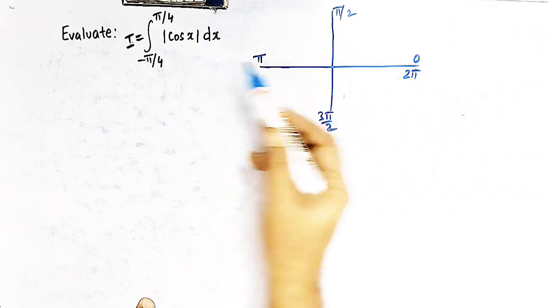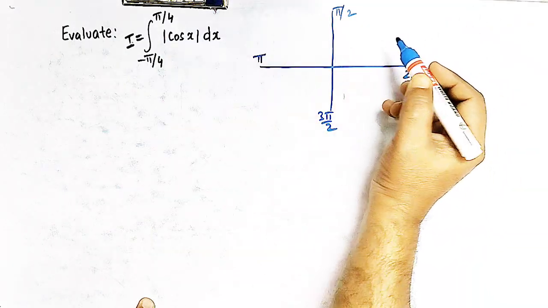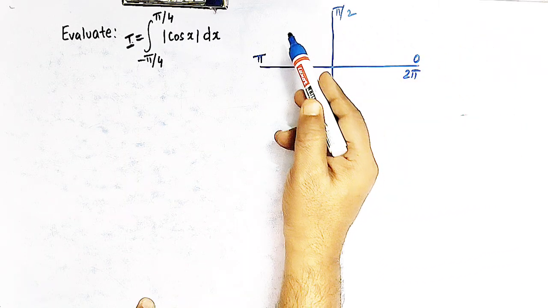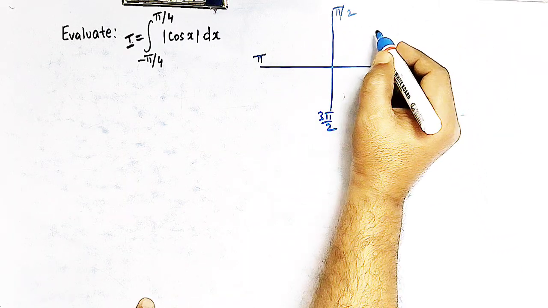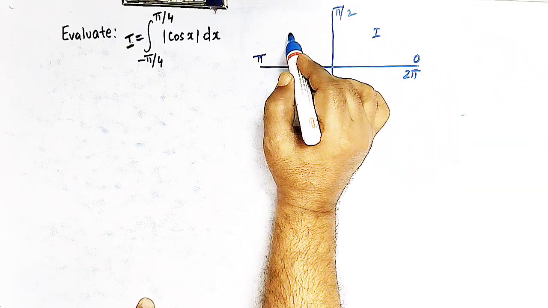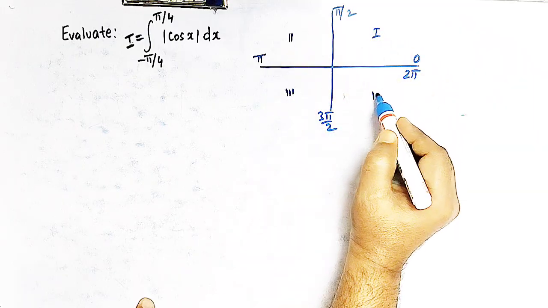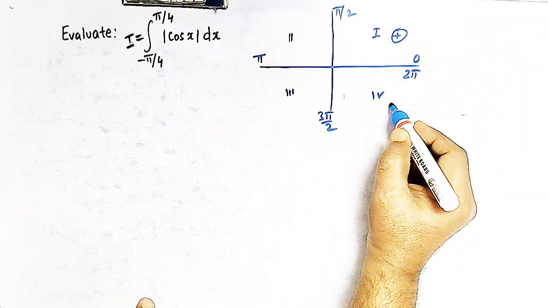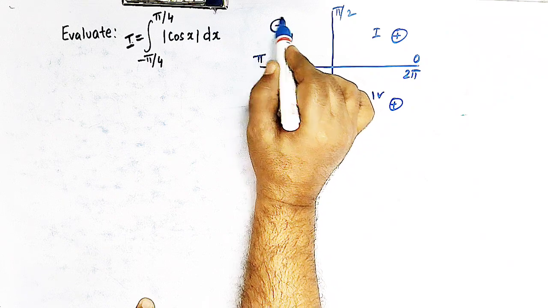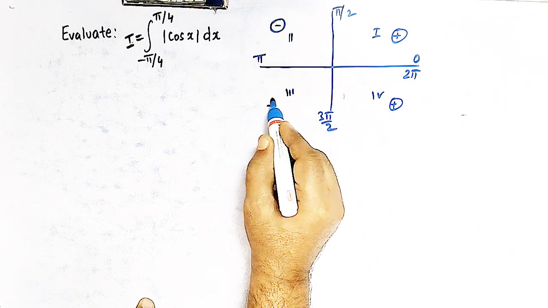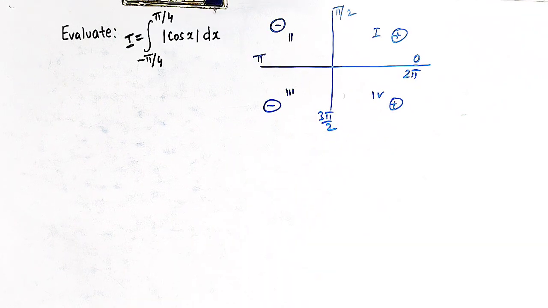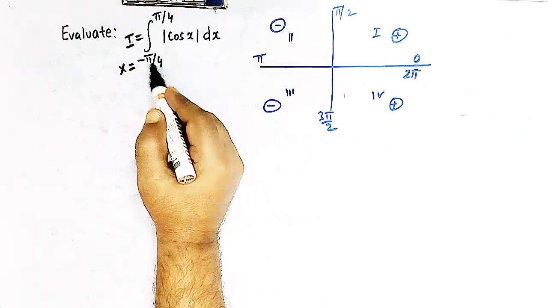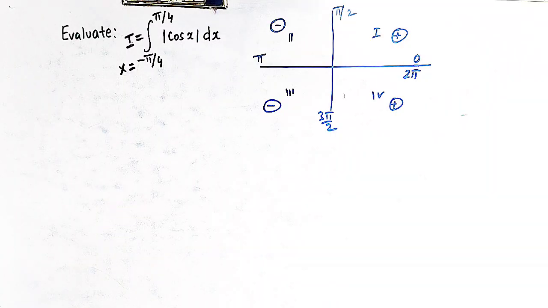Right, now we know that the cosine function is positive in the first and fourth quadrant, and it is negative in the second and third quadrant. So here we have the first quadrant, here we have second, third, and fourth. So cosine function is positive in the first and fourth quadrant, and it is negative in the second and in the third quadrant. So now here the limits of integration vary from minus pi by 4 to pi by 4,